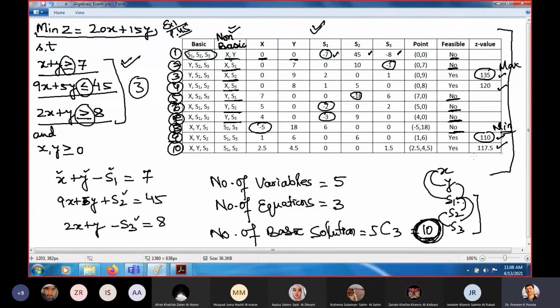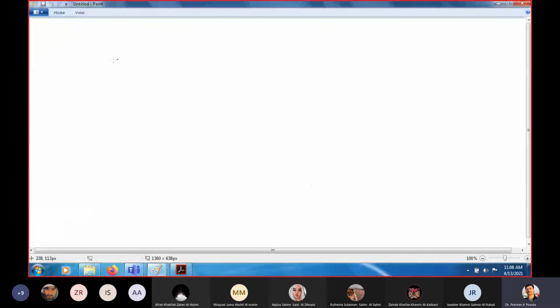This I solved for you, so please practice this question. Then match your answer with this table. Okay? So this is method number 3, the algebraic method. Up to this point, up to page 45, the syllabus is page number 6 to page number 45. So here your syllabus for midterm is complete.